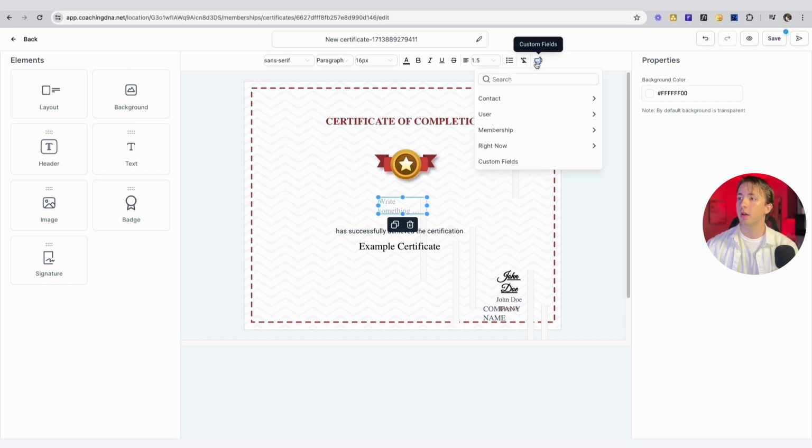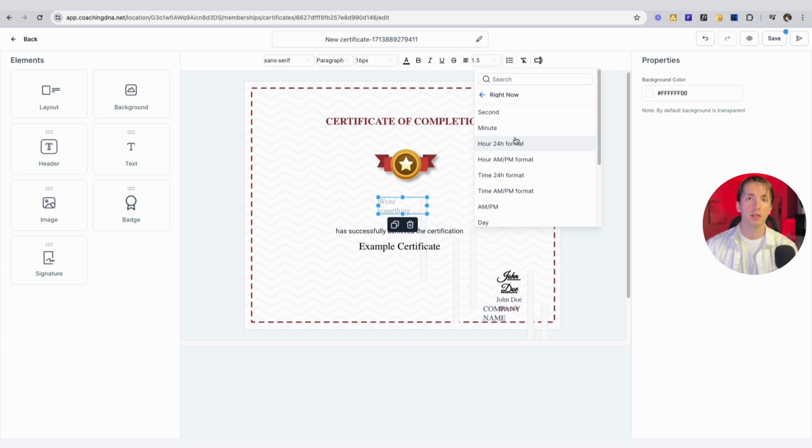So if you click that, you can now use custom fields relating to the contact. That will be things like their name, their email, their phone number. You can also use any custom fields that are relating to the user. That would be you. So if you want to say certificate is issued by you, then you can include that custom field, as well as the membership information, which is like the product title, and then also all of the right now custom fields, which will allow you to include the exact time, the day, maybe the month that this